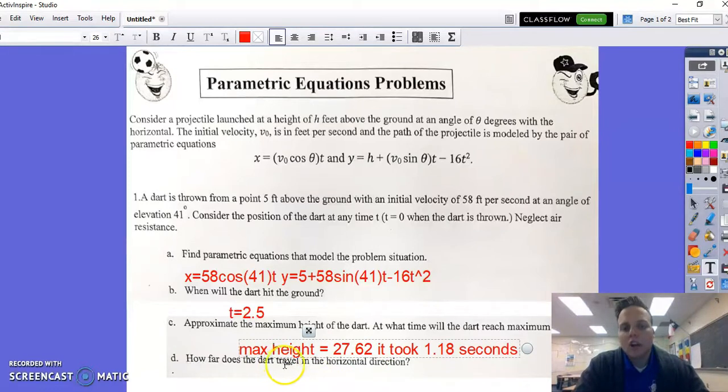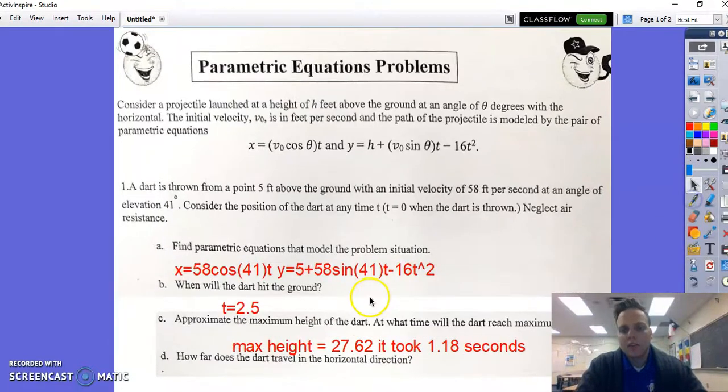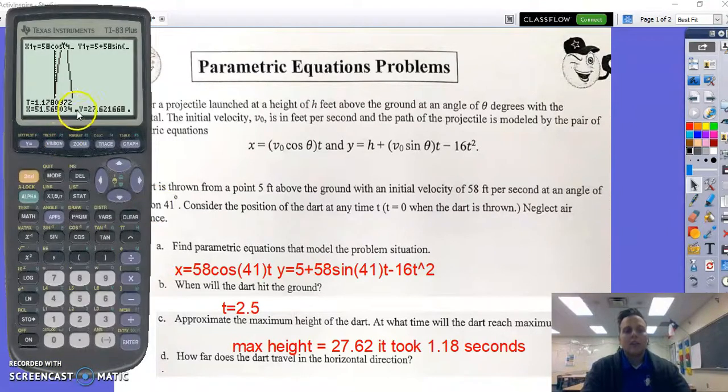How far does the dart travel in the horizontal direction? Okay, so let's think about what that means. I want to know how far it went horizontally. So that's the farthest it went before it hit the ground again. So we need to go back to looking at where my dart hit the ground, but instead of looking at the time like we did on question B, we want to see how far it went. So we want to look at the x value when we're over there. So we're going to scroll over there,